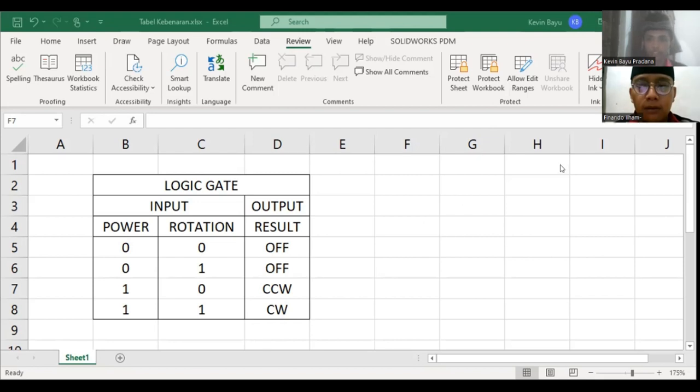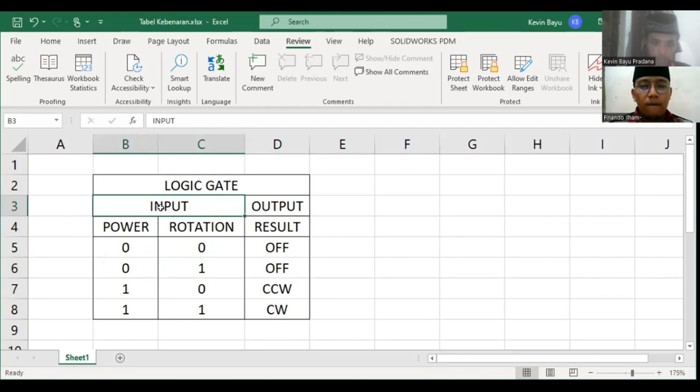Before we go to the Arduino software, I will explain about the logic gate for this project. The first one: if the input power is low and the rotation is low also, the motor will be turned off. Second, if the input power is low and the rotation is high, the motor will also be turned off.